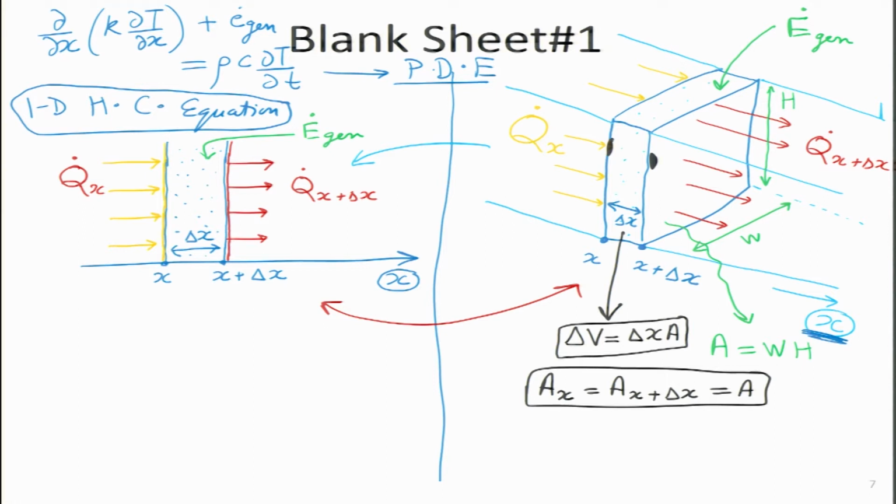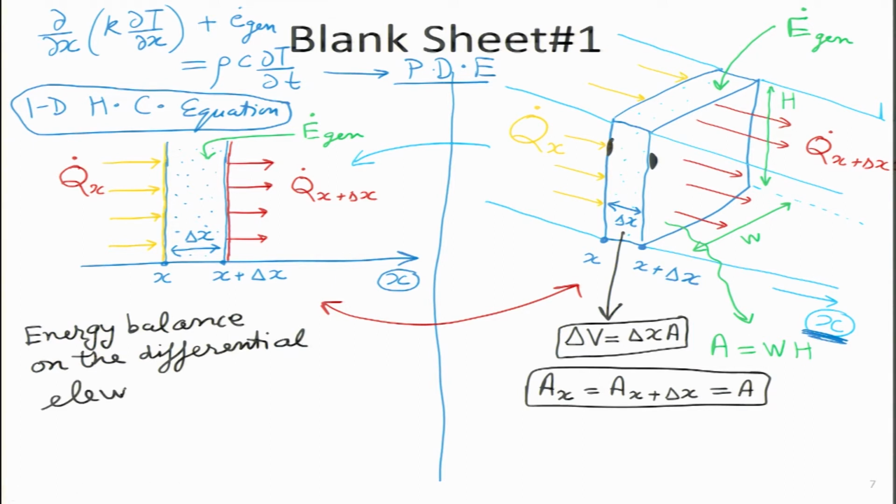Now, what I am going to do is, I am going to do an energy balance on this particular differential element delta V. In one very simple way in which I can write it, crudely speaking, I can simply say that in this particular differential element, which I can represent by this black circle over here. So, this whole thing is my differential element. This is the thing that I am focusing on.